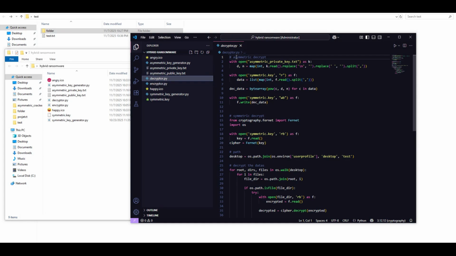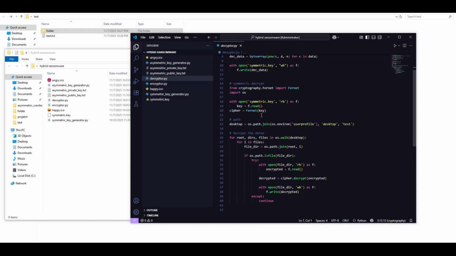We are encrypting with the asymmetric key, in that case RSA, so we are going to decrypt it with the private key. We read the d, in that case the private key, and the n value, and we pass the symmetric key. We are going to read it, and here we are going to decrypt it,